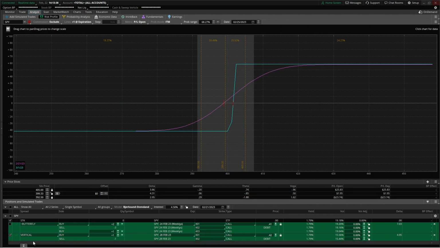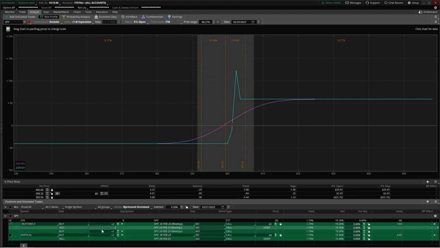Now we move on to trade idea number two, which is an unbalanced butterfly with this week's expiration. Keep in mind here, the two contracts that you're buying are the 401s, the three that you're selling are the 402s, and the last one that you're buying is the 403 call, bringing this to a net debit of 41 cents at the moment.